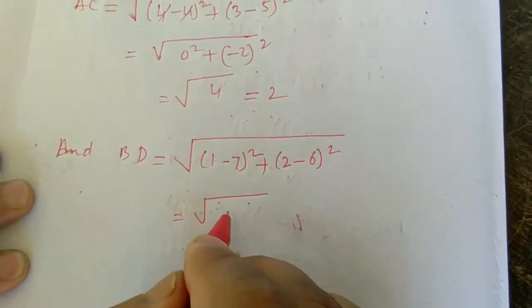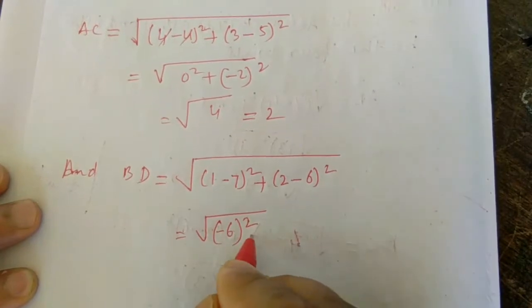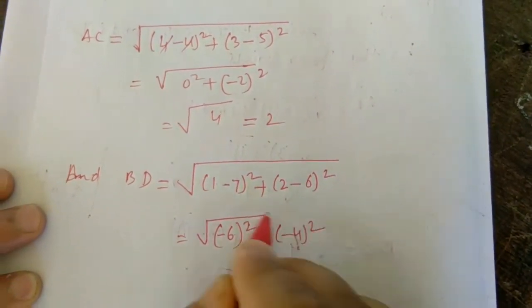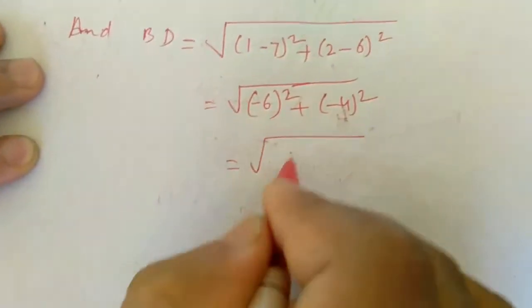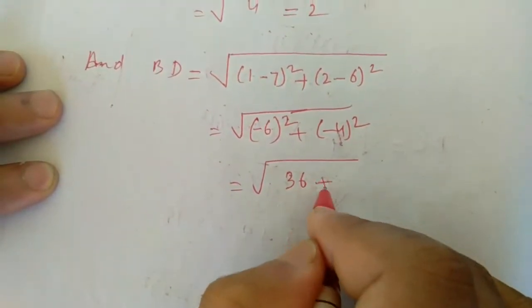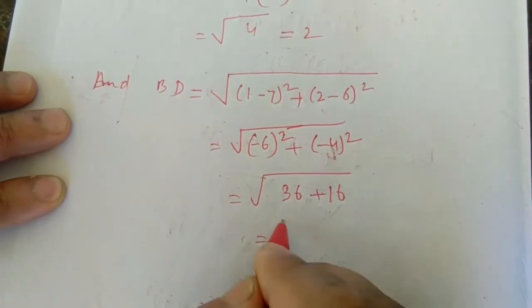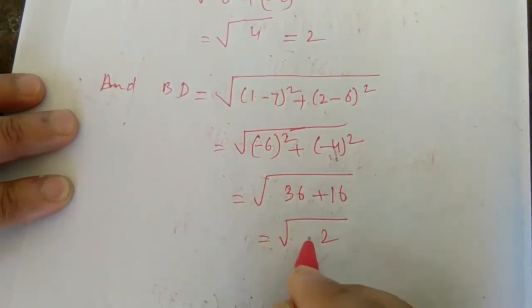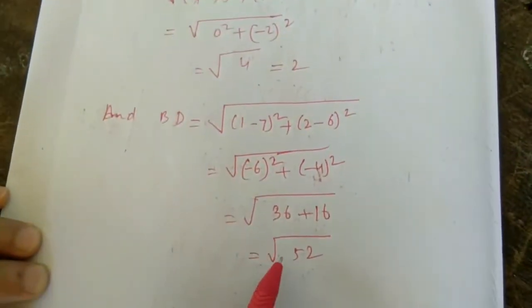7 minus 1 is 6. This is greater than the negative sign. Okay. 6 minus 2 is 4. 6 is greater than the negative sign. This is greater, no? 6 6s are 36, power is even, so negative becomes positive. 4 4s are 16, power is even, so negative becomes positive. You add: 6 plus 6 is 12. Okay, 36 plus 16 is 52. Okay. So see, the diagonals are not the same.